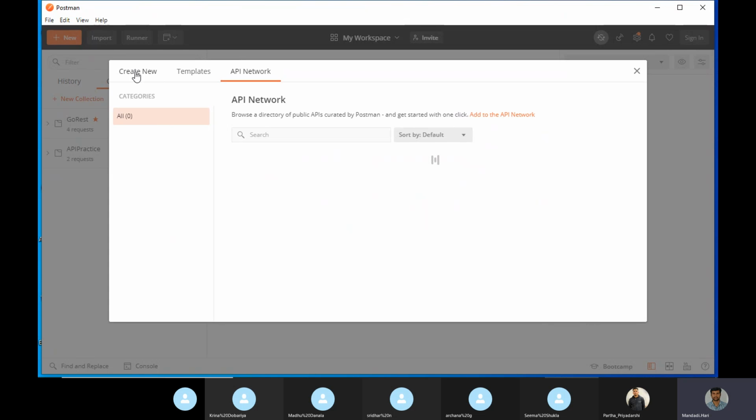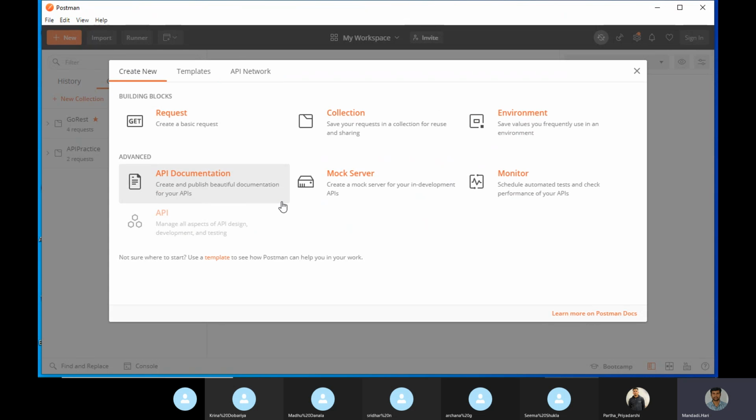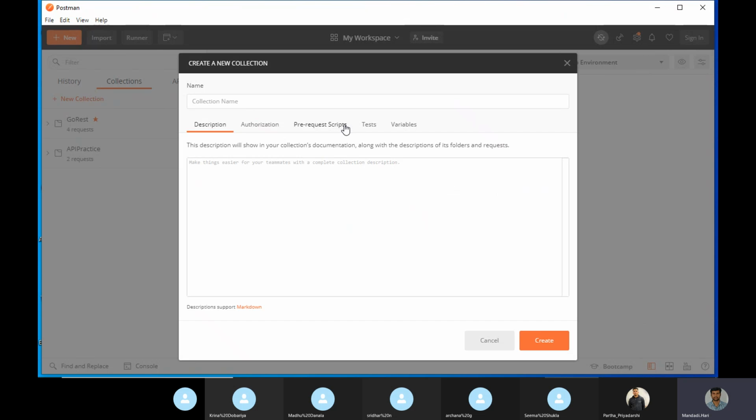Templates again. Okay, create new collection. Sorry, I created a request earlier. Okay, collection, new collection.